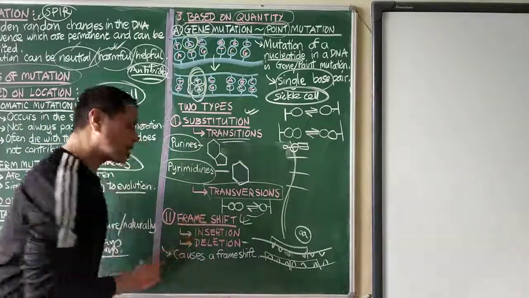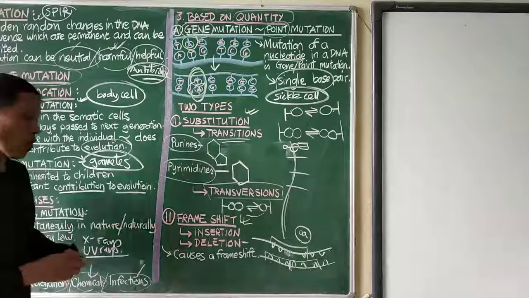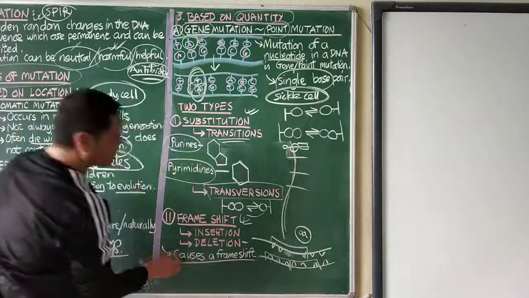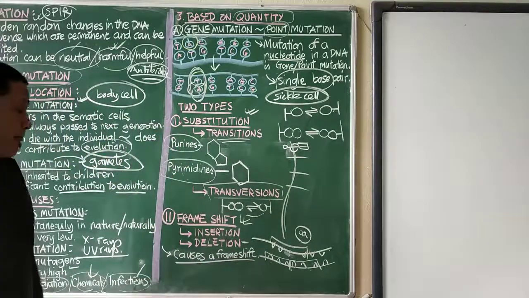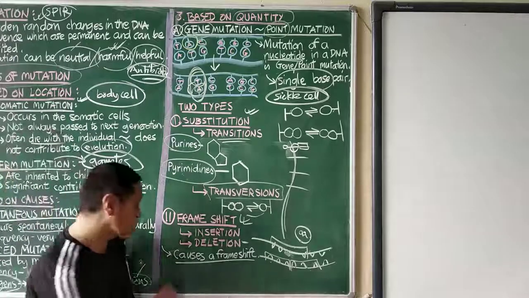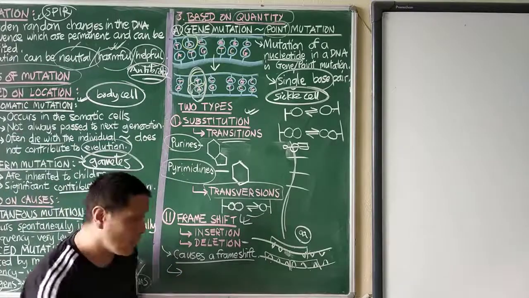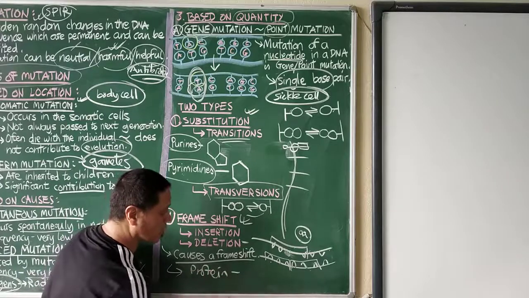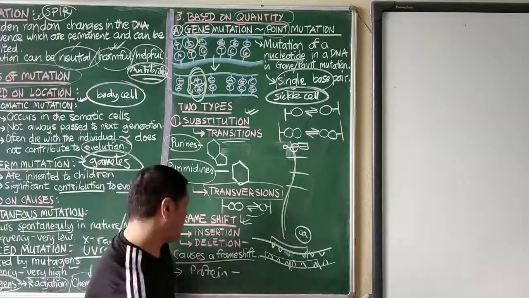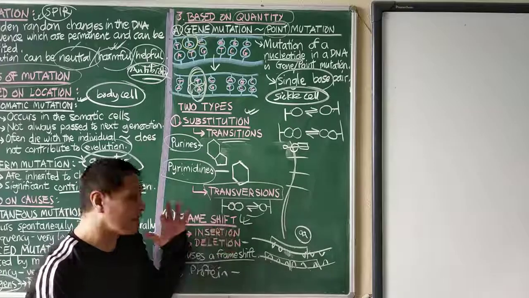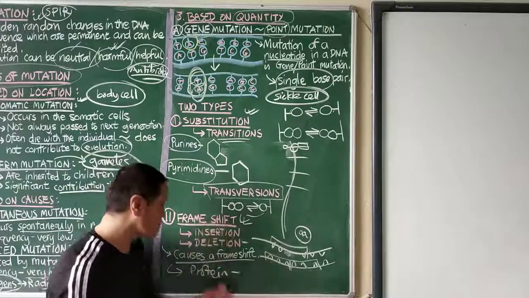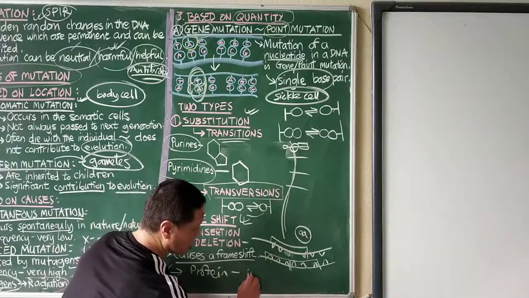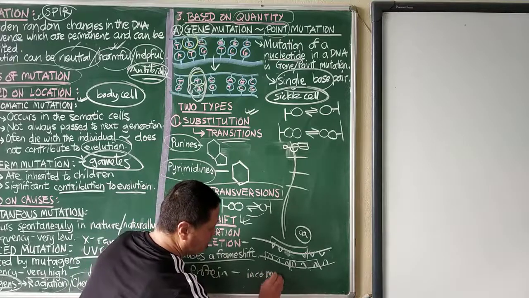A frame shift causes a lot more harm than just a substitution. Most of the time, a frame shift causes the production of a protein which is not compatible, or not capable of performing the actual designated function. So this is an incompatible